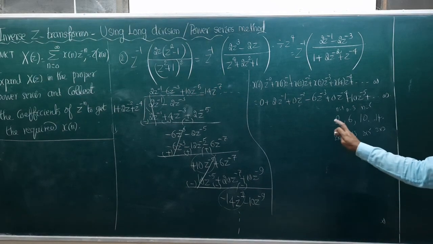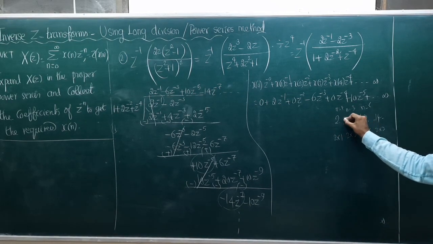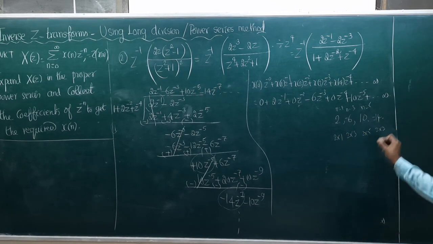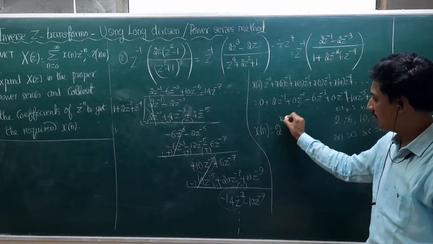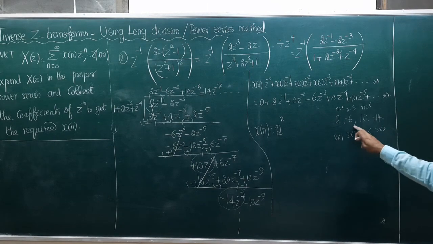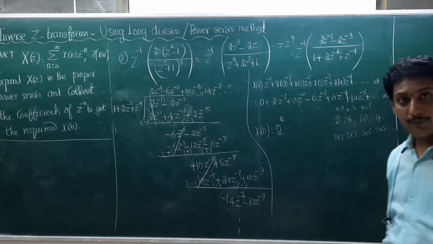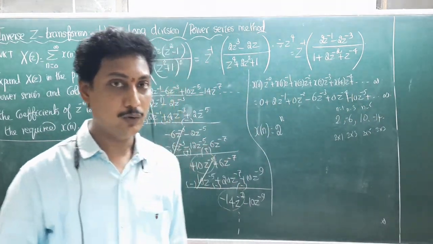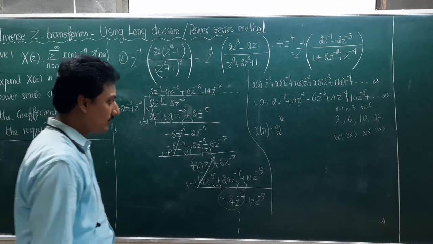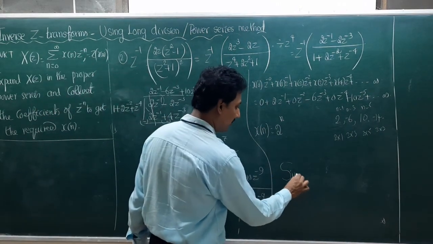Minus 14. So here plus, here minus, here plus, here minus. So anyway, what's the nth term? The nth term is probably x of n equal to 2 to the power n. I got 2 to the power n: 2, 6, 10, 14. But the minus sign and plus sign alternate. Sometimes it comes negative, sometimes positive. So what I suggest is, can you think about the sin n pi by 2